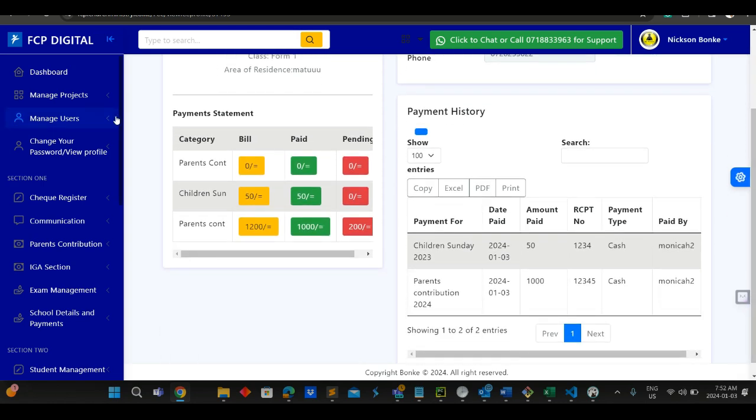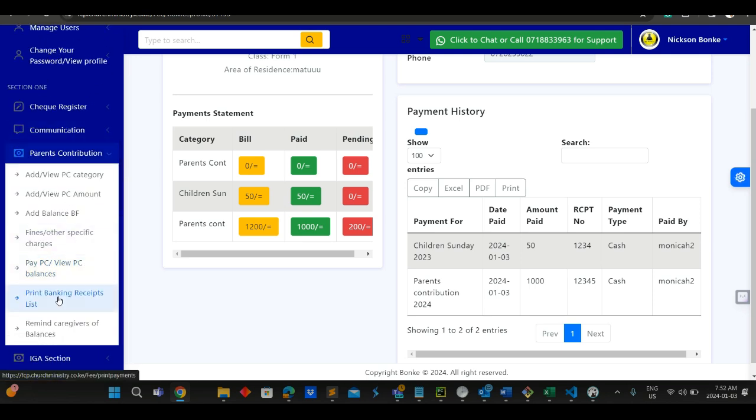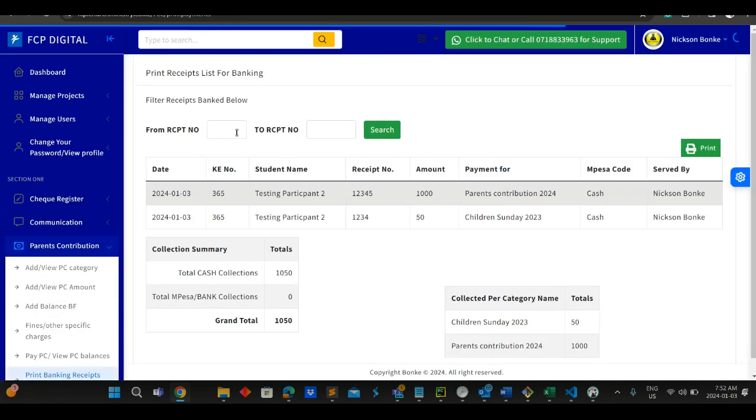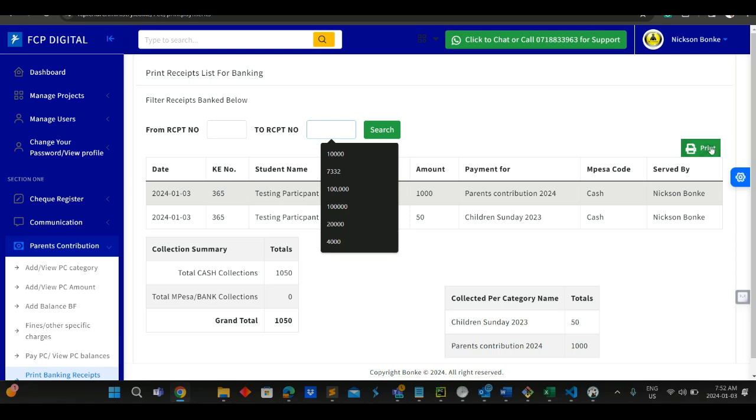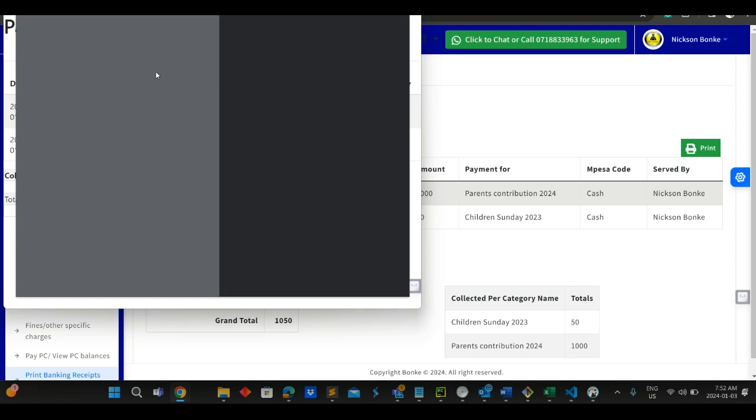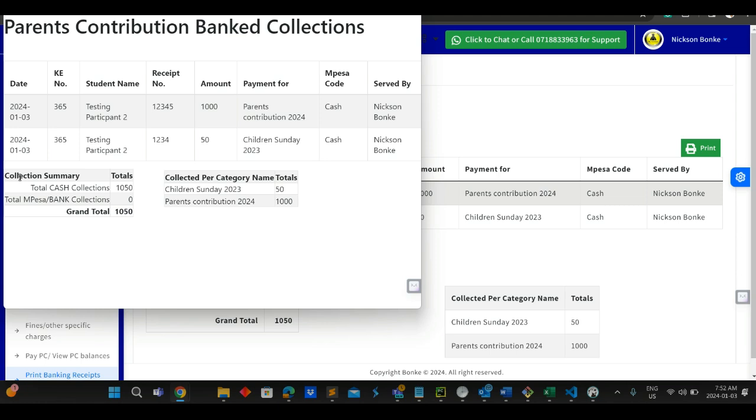And when you now go and bank, now let's see the beauty of this. So when you go and bank, you'll just click print banking receipts. Okay, and then you'll see the receipt. So you can say from this receipt number to this receipt number, and then you'll just click print. Okay, print like that. So when you click print, it will organize it very, very well for you. It will organize for you like this. So it tells you that this has been the cash that has been collected. This was collected for Children's Sunday. This was collected for parents contribution. So it becomes a very simple way for you to collect your amounts,